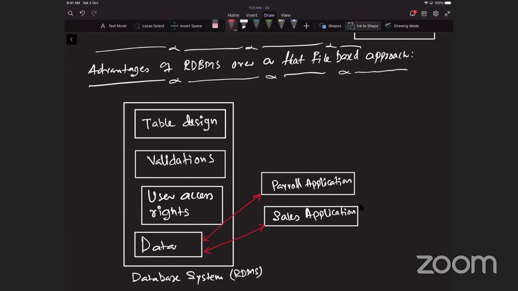So the same data is now available to payroll as well as it is available to the sales application. The problems that occurred using the file-based approach have been solved now. The name of a member of staff and their staff number are only stored once. So any changes made to the data by the payroll application will be seen by the sales processing application and vice versa. The fields are the same and in the same order.